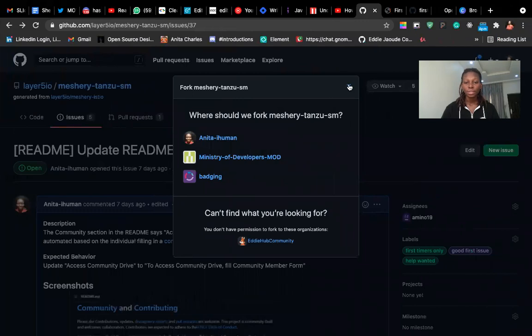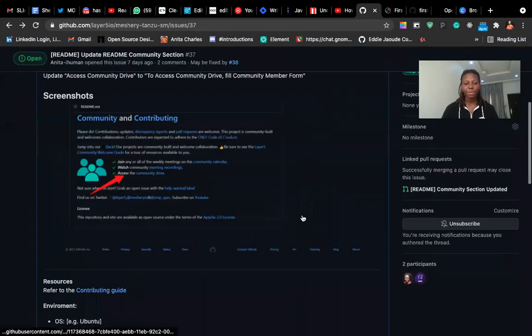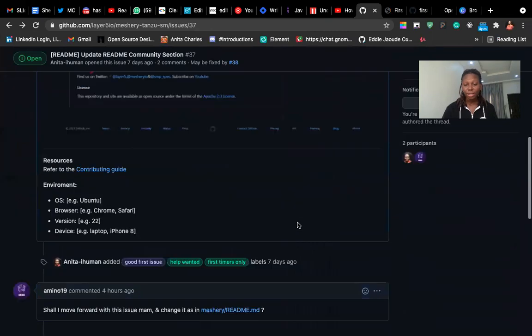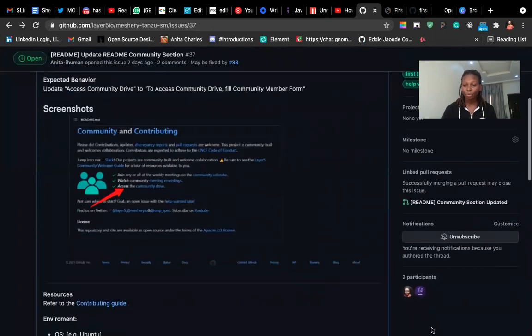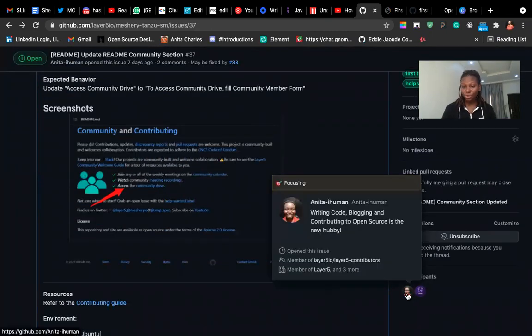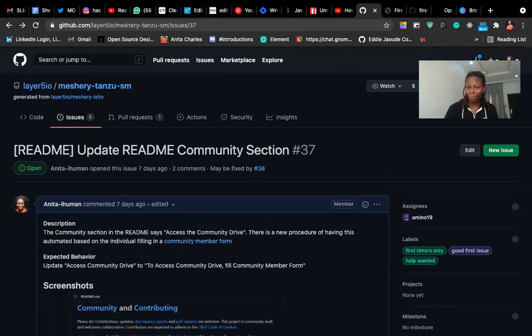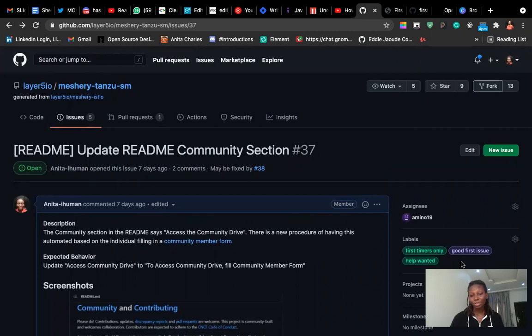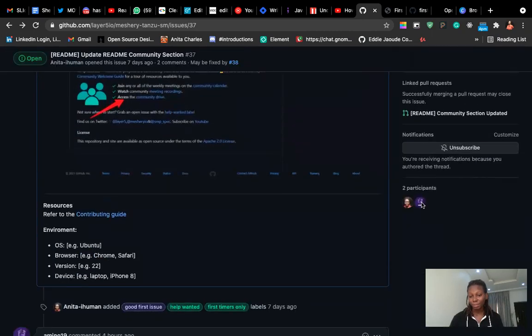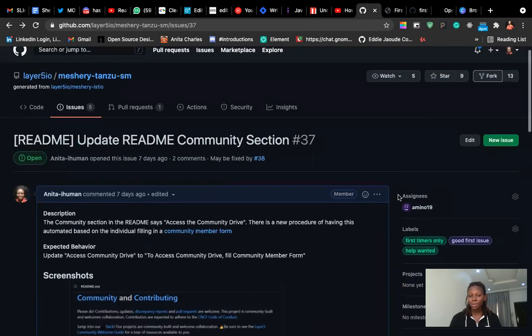All right. So yeah, you will see the good friendly issue, and you make your comment underneath here. It will be assigned to you, and once it's assigned, your name should be appearing at this end here as participant, and once you comment, your name will actually appear down here as a participant in that issue. And assignees, you see your name written boldly here.